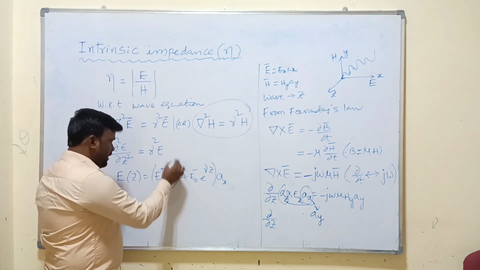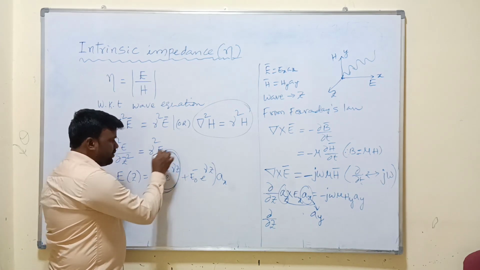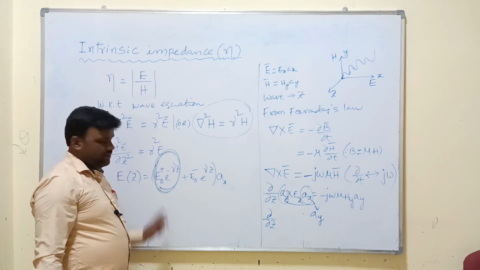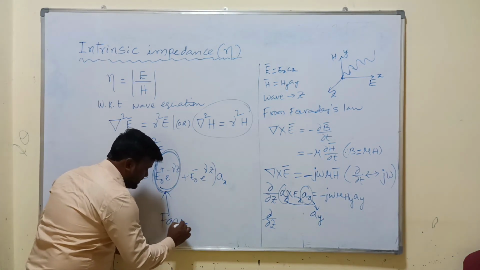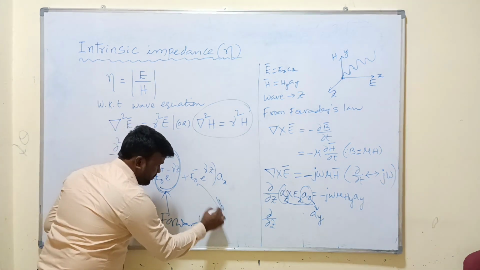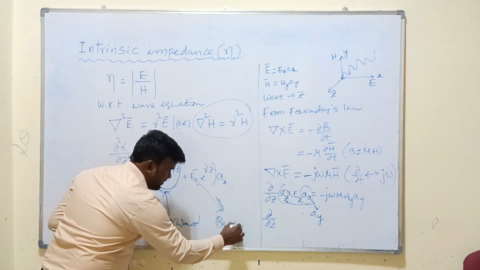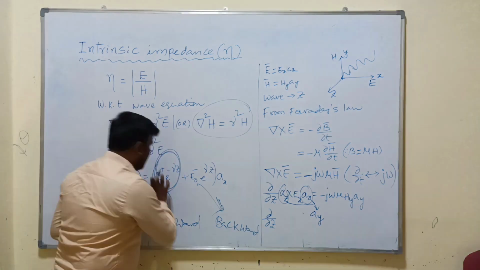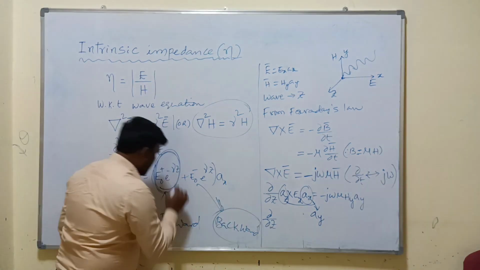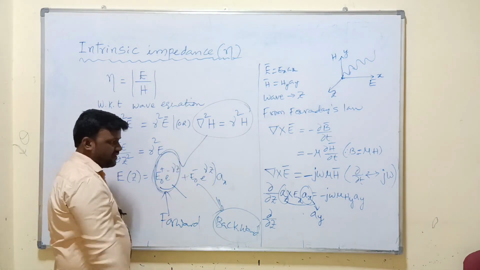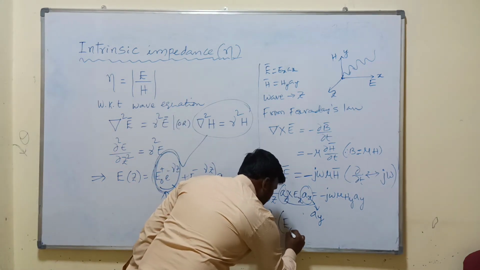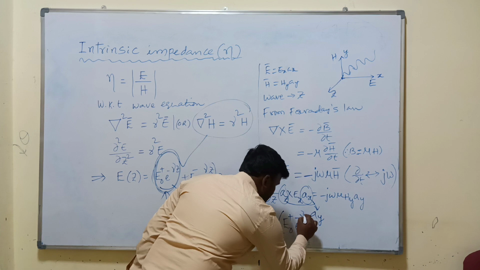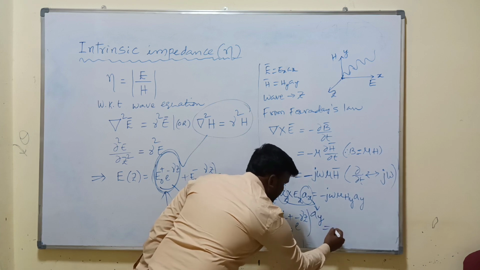For simplicity, I am taking the wave along the positive direction. That means I have taken only the forward wave. This is the forward one and this one is the backward, or reflected, one. For simplicity, I am taking only the forward wave. We can write this as Ex, that is E naught plus e to the power minus gamma z,